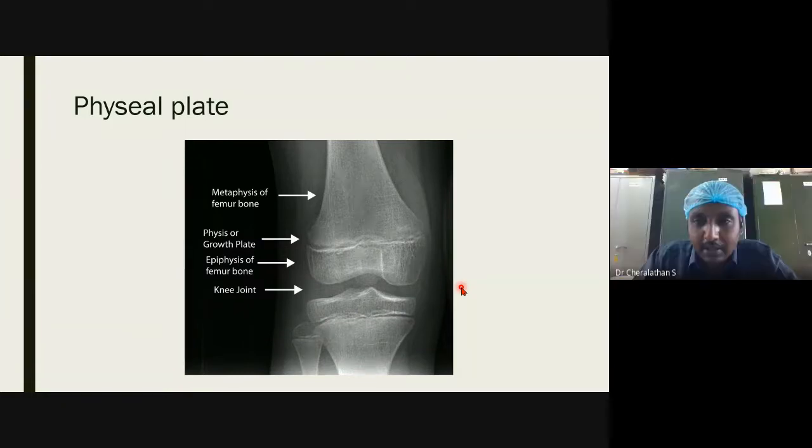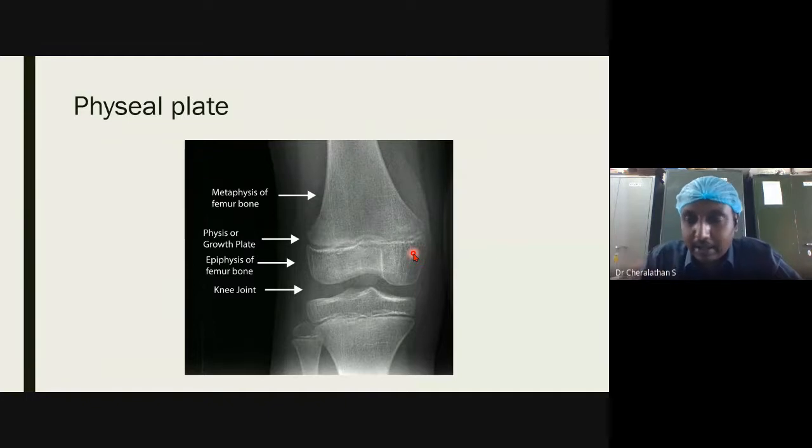Yes, sir. See, if you apply this pin temporarily, for example, if the child is at the age of 7 years and you put this pin, and you see the child at the age of 10 and the child's knee is now actually in varus because this side has grown in excess, but you have still not touched the physis, what treatment do you need? You just remove this pin. Now this side will also continue to grow and naturally the child will get his neutral alignment with the remaining growth left. Whereas if you do an osteotomy, you won't have a reversing option. That is the reason why we do it here.